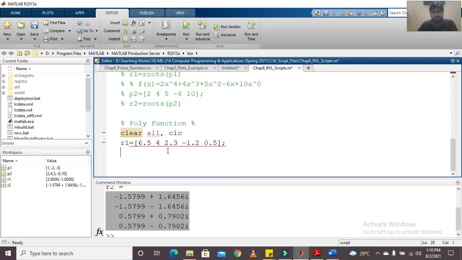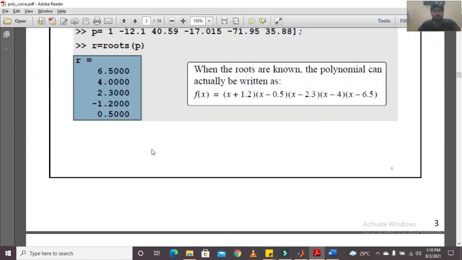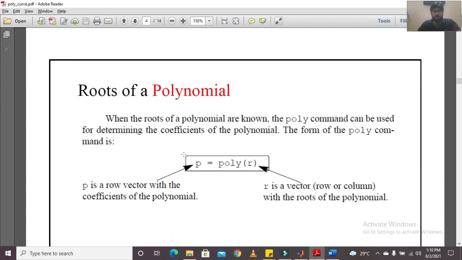So this is what the roots are. Let's say we do not know the polynomial, we only know the roots, and so I defined the roots in an array. So what I am going to do next is, in order to calculate the polynomial with the help of these roots,